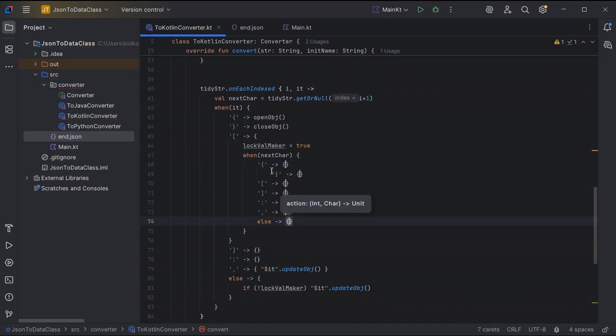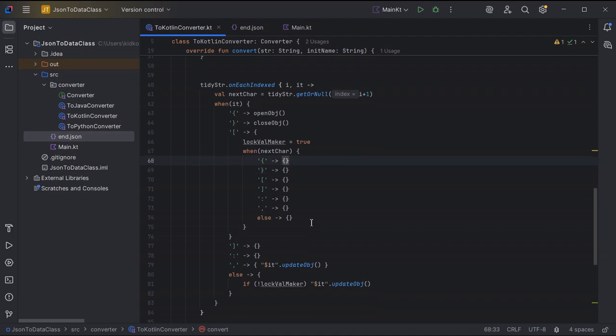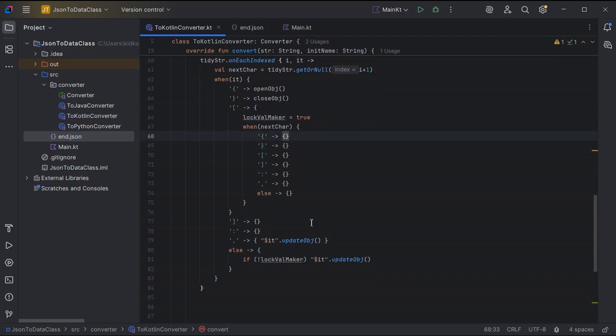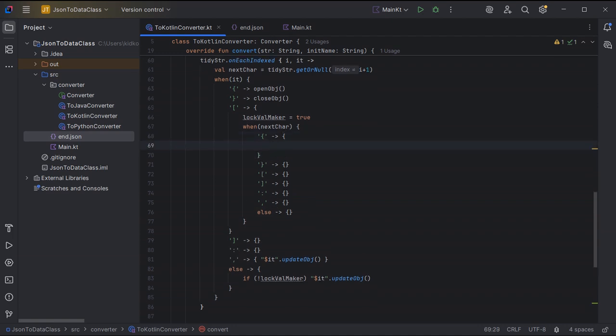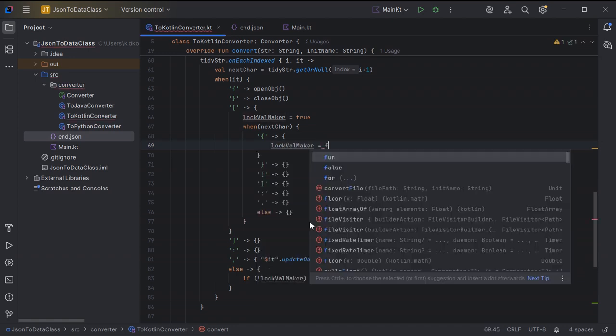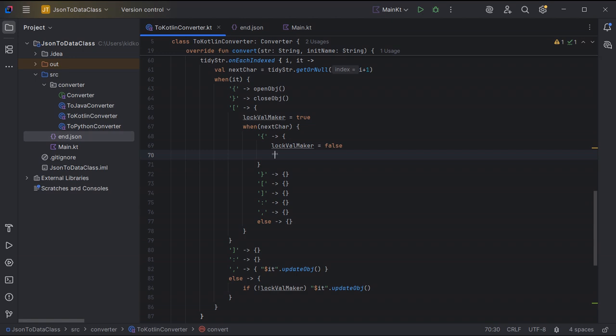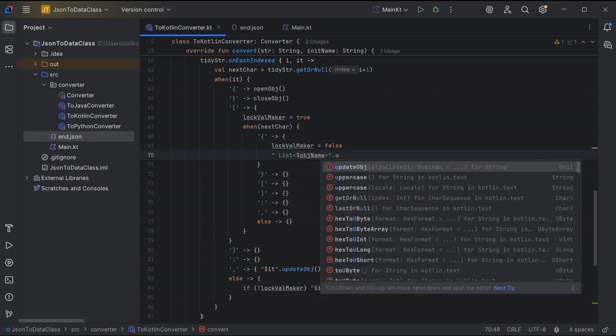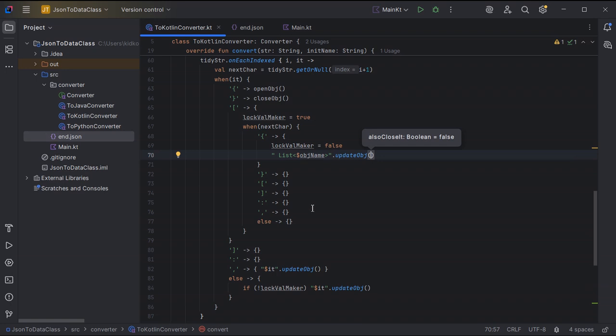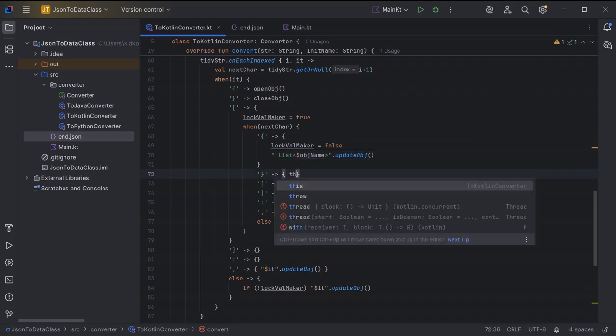So when it's a list and the next char is a left curly bracket, we know it's a list of objects. So when we see an object, we unlock the val maker. Also, if a right curly bracket followed, then we know it's invalid